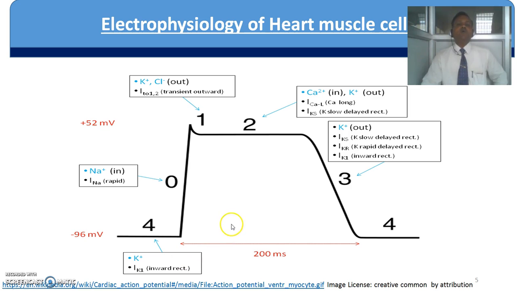Now, if we want to explain how electrical potential changes across this heart muscle cell, then we have to explain it using this action potential curve. There are different phases in the action potential curve: phase 0, first phase, second phase, third phase, and fourth phase. So these 5 different phases